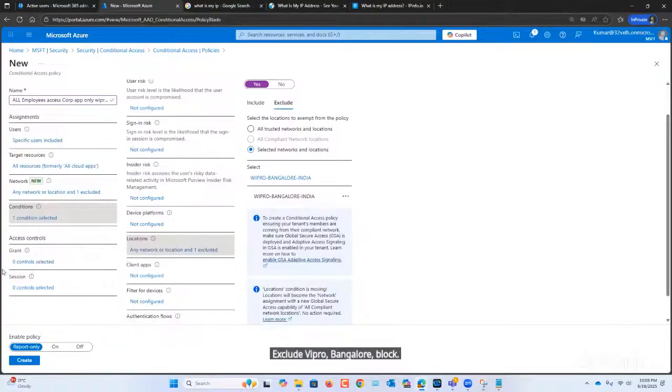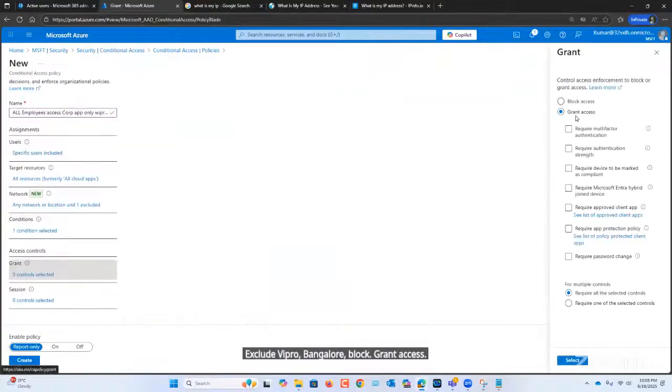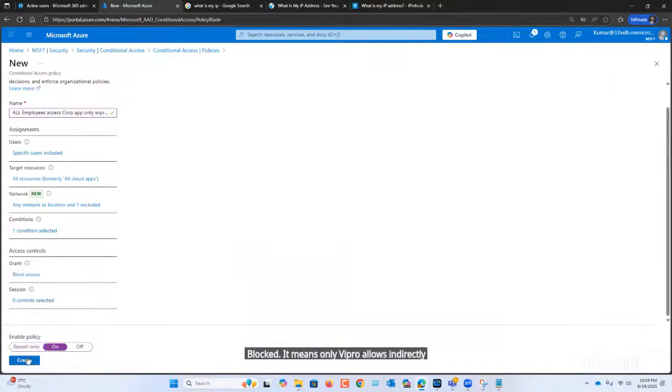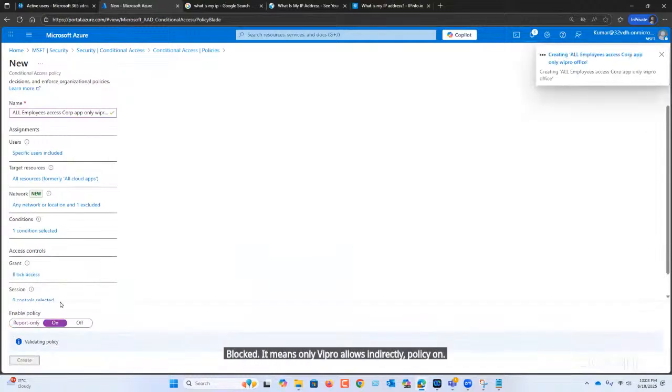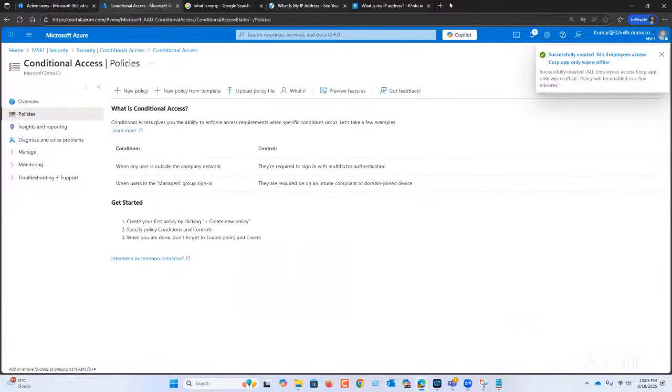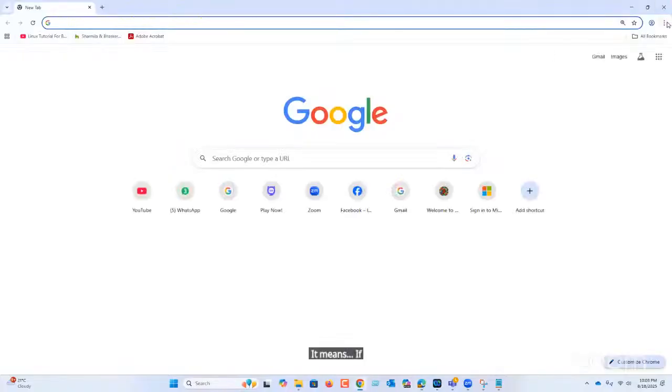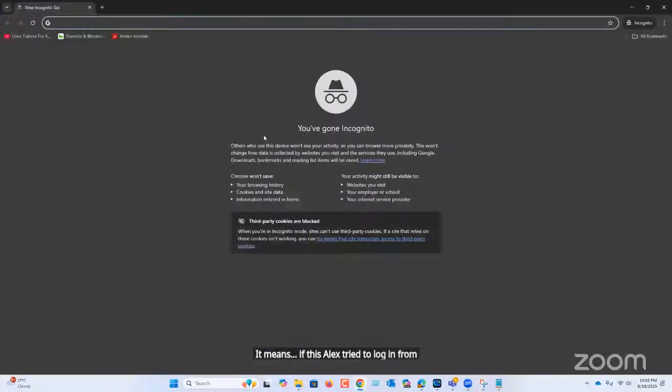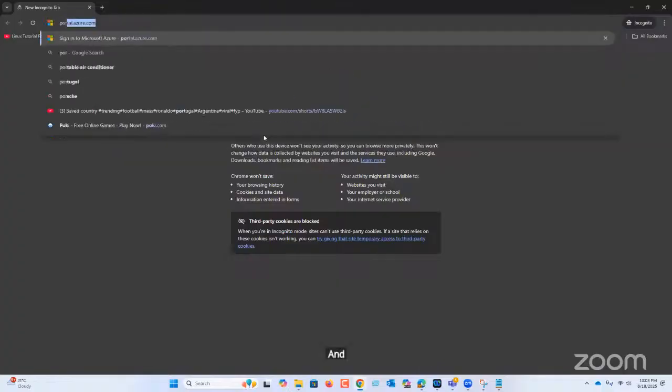Grant access, blocked. It means only Wipro is allowed, indirectly. Policy on. It means if this Alex tries to log in from my IP and says portal.azure.com...